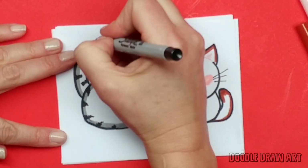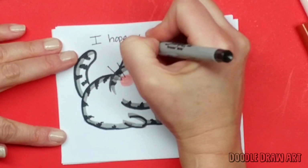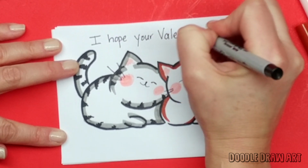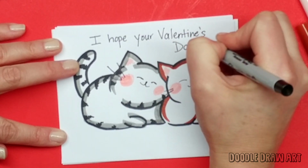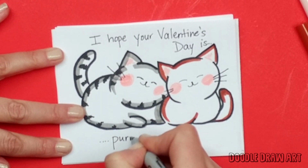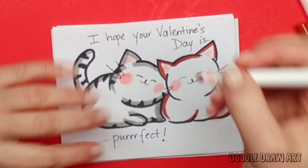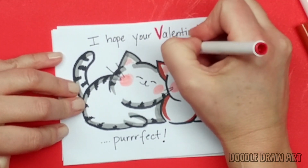So I'm going to put up here, I hope your Valentine's Day is perfect. There. All right, and it's always fun to add some hearts or write with red over some of these important